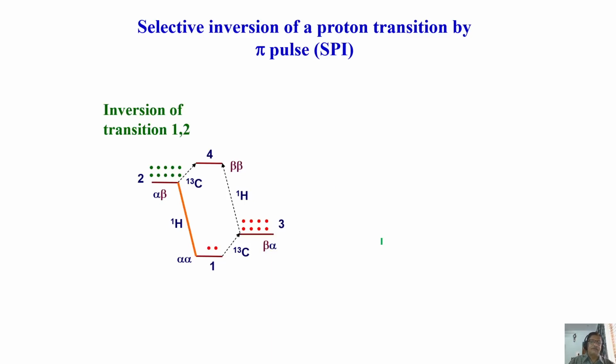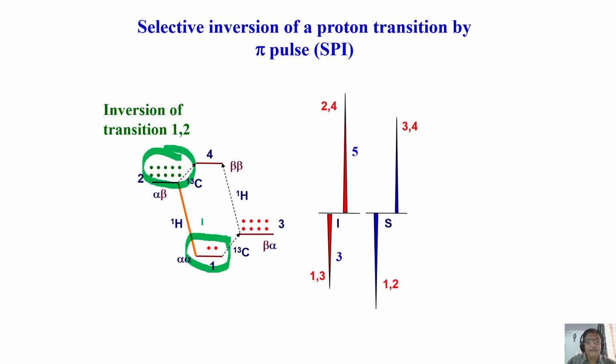There we saturated. Now we'll invert it. The 10 spins which I assumed to be here, I took there. The 2 spins which were there, I brought here. That's all I did. How do we do it? By applying a pi pulse. We know that when you apply a pi pulse, the magnetization goes from the z axis to the minus z axis. It just gets inverted. As a consequence, the spin population gets inverted. Now recalculate the intensities.